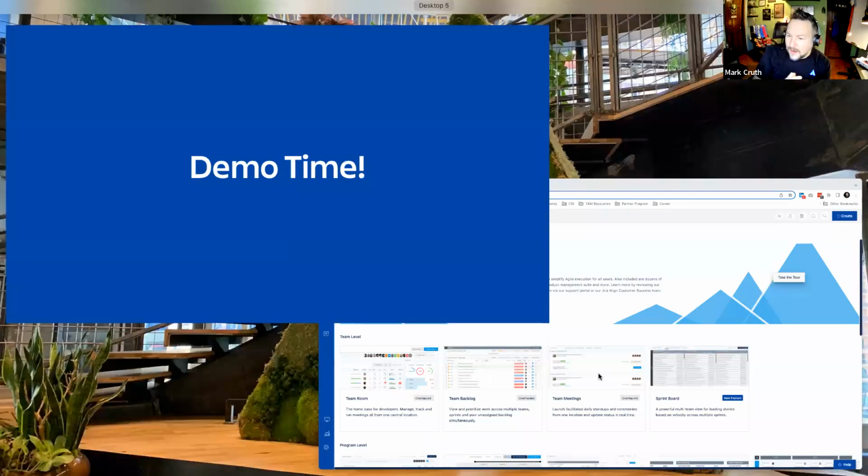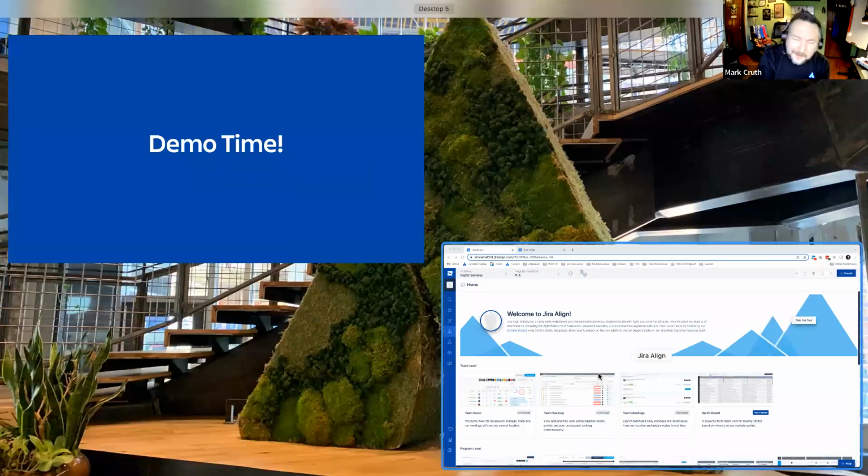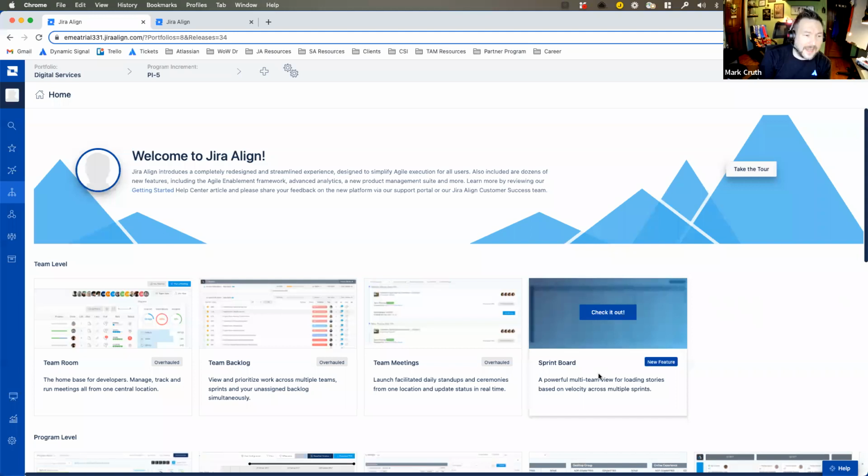All right, so I've moved over. We're in Jira Align now, so welcome. If you haven't seen it before, this is where you kind of land. As a heads up too, Jira Align is exploring,